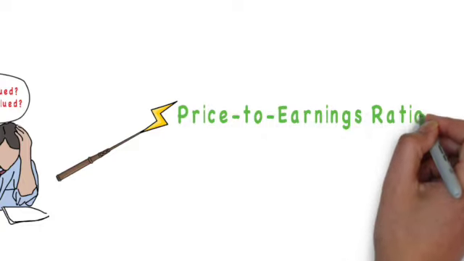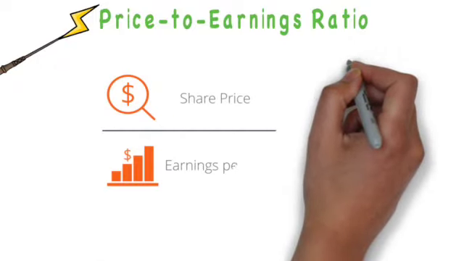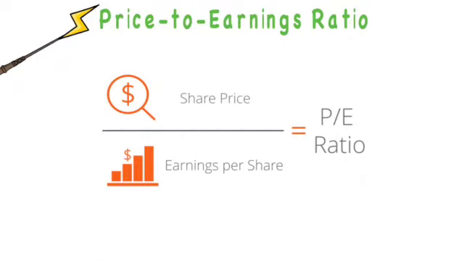The price to earnings ratio measures the relationship between a company's stock price and its earnings per share of stock issued. You may interchangeably hear people refer to the PE ratio as price multiple or earnings multiple. The PE ratio is found by taking the stock price per share divided by the earnings per share. Companies that have negative earnings do not have a PE ratio since they have no positive earnings. So if you've ever noticed stocks like Tesla or Beyond Meat have no PE ratios next to them, that's because